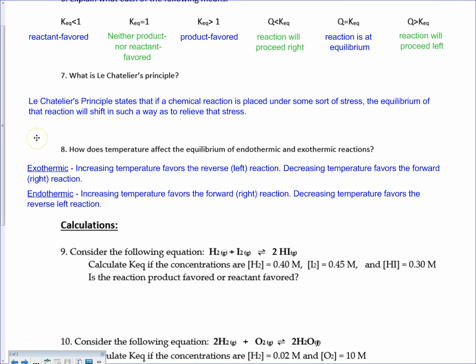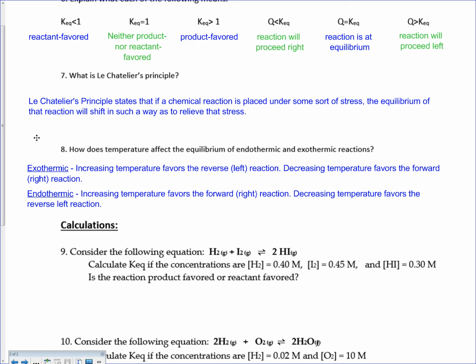But basically what Le Chatelier's principle says is equilibriums are going to react to whatever stress you put on them. If you put a stress on them, they're going to do something to undo that stress. And so if you add one of the reactants, it is going to react to that by getting rid of that reactant. Or if you remove one of the products, it's going to try and replace that product that you're removing. If you add heat, it's going to try and